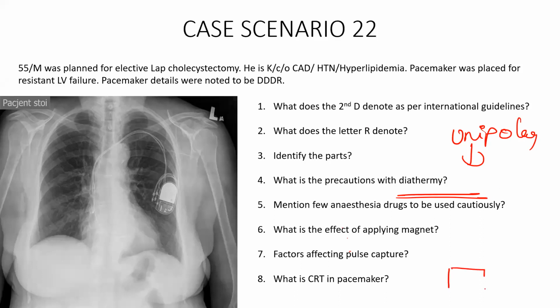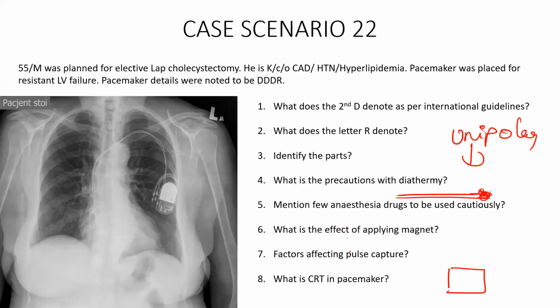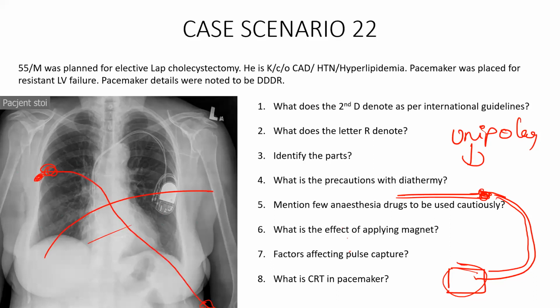So we put an earth pad on the patient's leg or wherever it is. When the electric current is dissipated at the tip of the electrode, it coagulates or cauterizes the tissues. Once the tissue gets cauterized, the current passes and gets dissipated via this earth electrode. Okay, this is a simple basic mechanism. So this passage of electric current is going to move across the body, and it is going to cross the cardiac action potential. For example, if you put the plate on the leg and you're operating somewhere in the breast, when you stimulate the unipolar cautery, that current is going to cross through the heart and then get dissipated away.